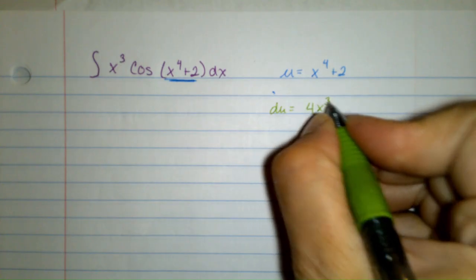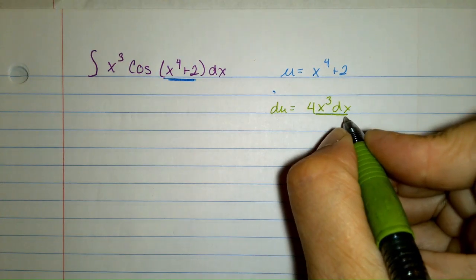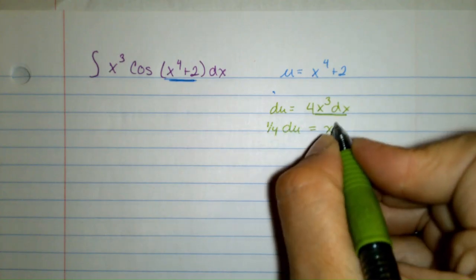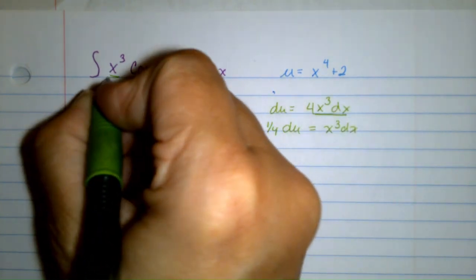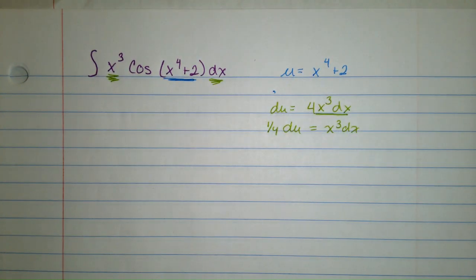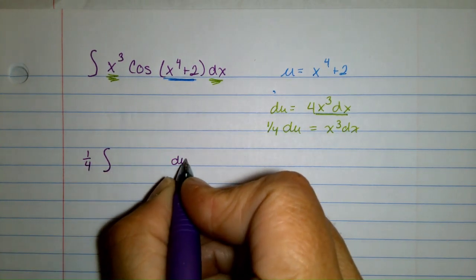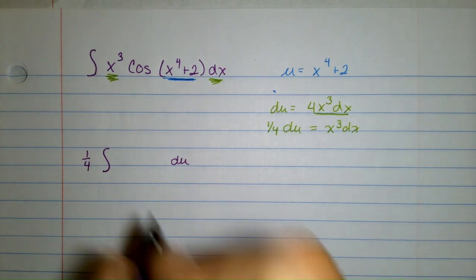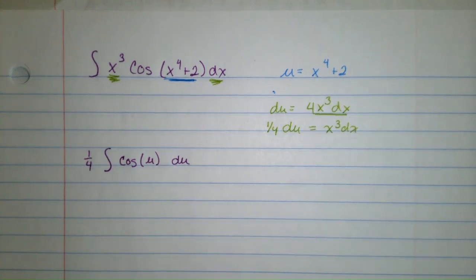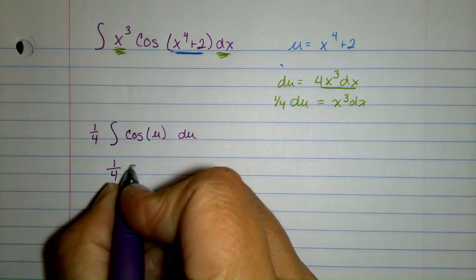So our du is 4x cubed dx. And we only see that x cubed dx there. So technically, 1/4 du is going to be that x cubed dx. Okay? So now I'm going to substitute. 1/4 du will take care of what's underlined in green, and cosine of what's underlined in blue. Okay, so I know cosine is the derivative of sine, so when I integrate, I go back to sine